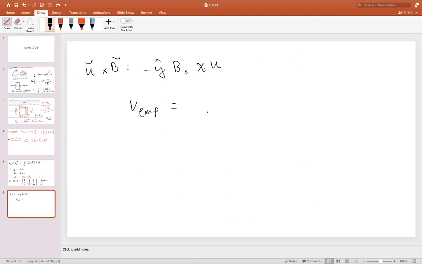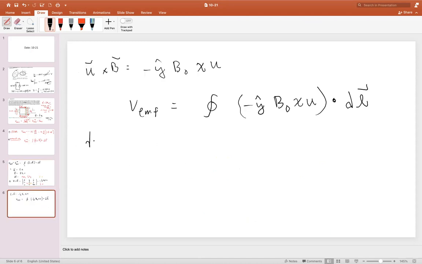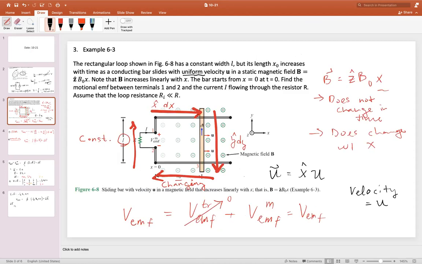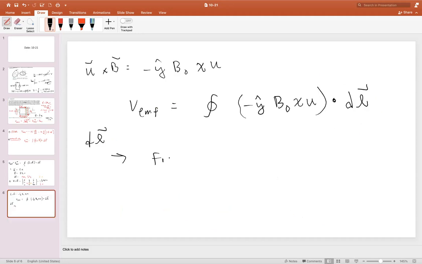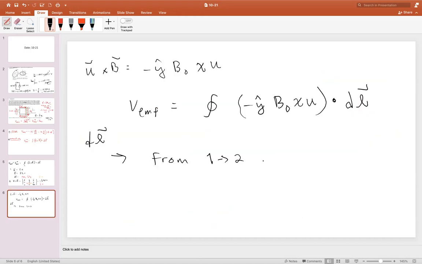We also can say this. All right, so now let's go back, and we made a note that we're going to come back to this DL. So let's look at DL. So from 1 to 2, the DL is,